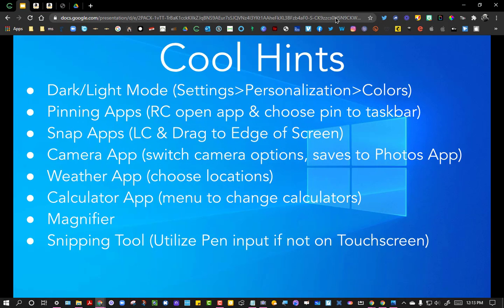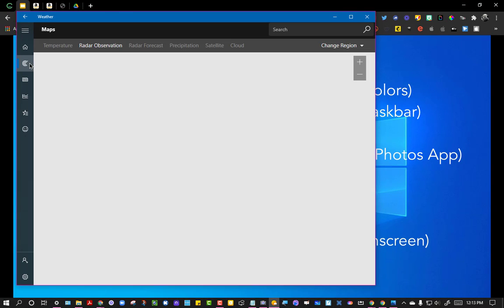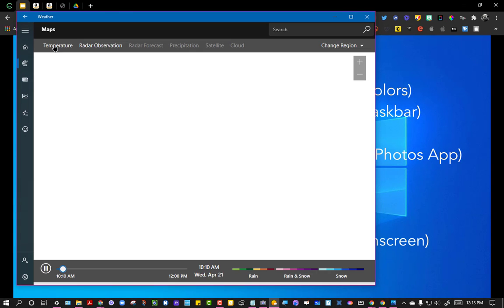Weather app. This is an awesome one to have as well. Again, that's a built-in. I do have it pinned to my taskbar, but again, you could search for it. I'm going to go ahead and launch that weather app. I have chosen my location as my current location as I want to pop it up. Not only do you get your weather right here, but you can go in and get maps. So you can get radar maps, temperature maps,